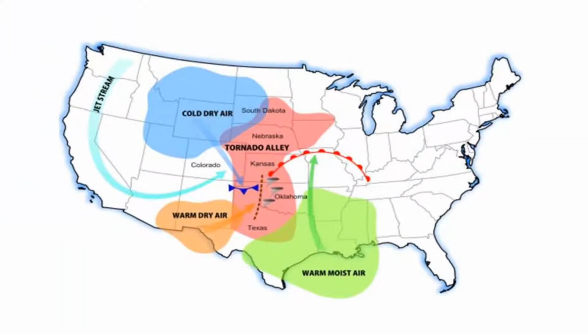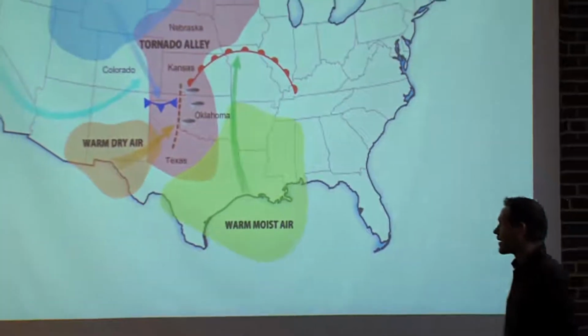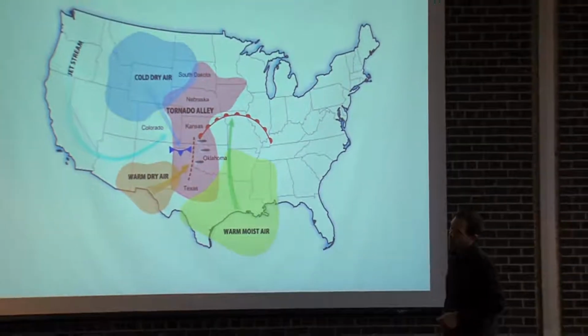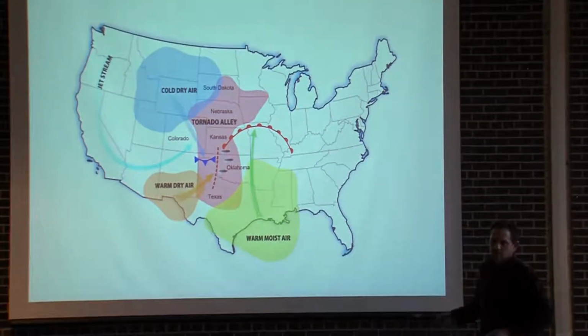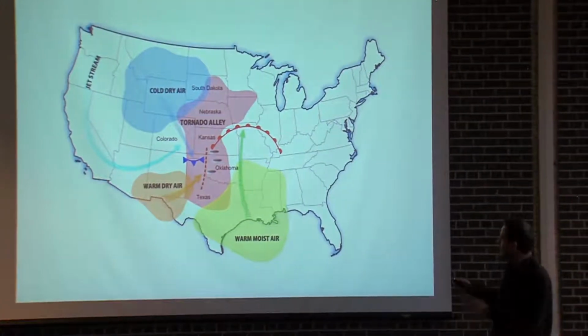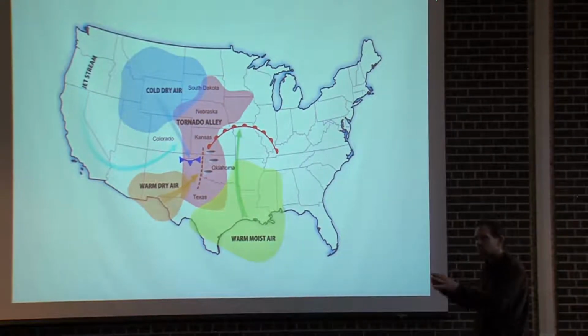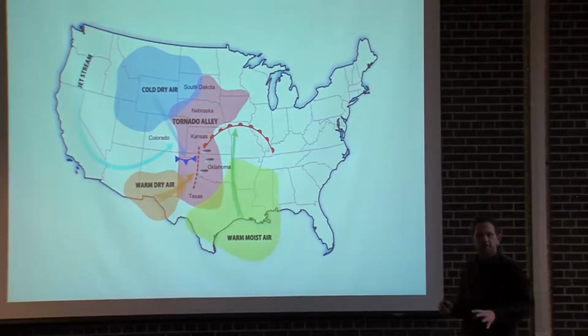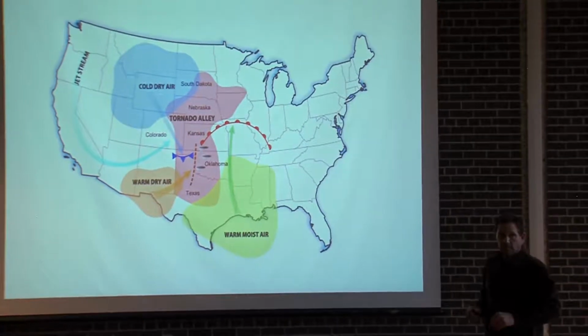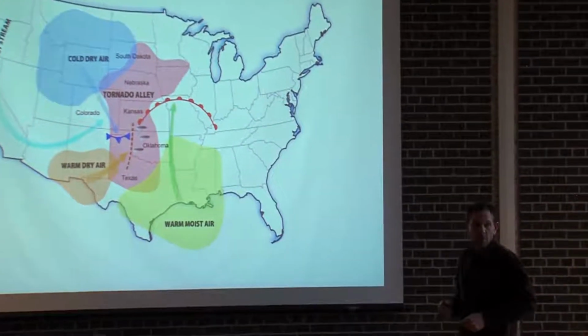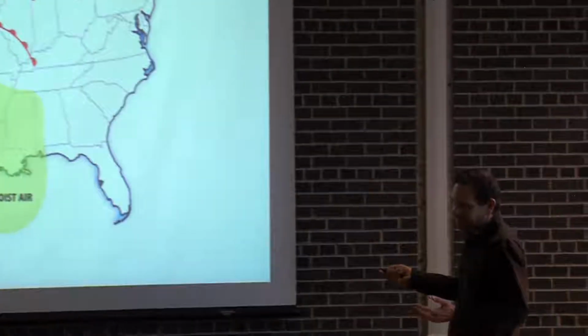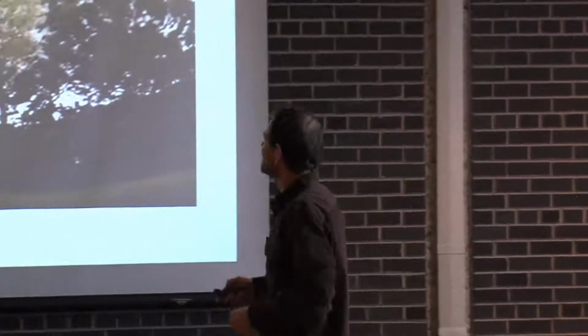Okay, just another way of looking at this right now. Again, you can have tornadoes and severe weather forming along the cold front. You can have them forming along the dry line as well. You can have them forming along the warm front too, as we see. There's just a different type of lifting mechanism. Generally, the storms along the warm fronts aren't as severe, but they've been known to be pretty severe and produce tornadoes as well. Again, another thing I will be getting to real soon.